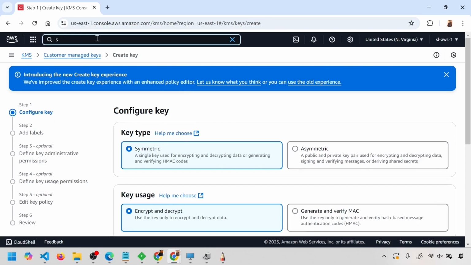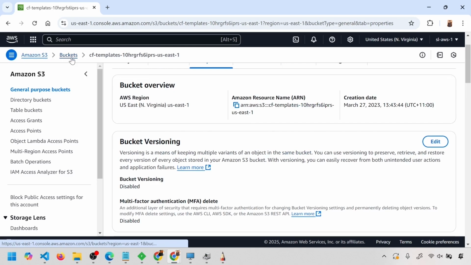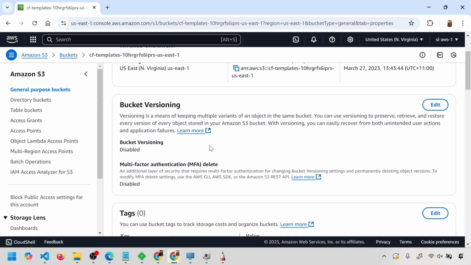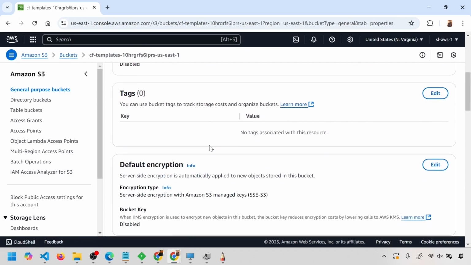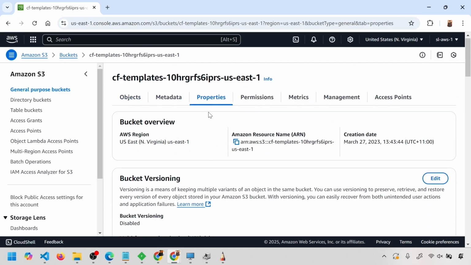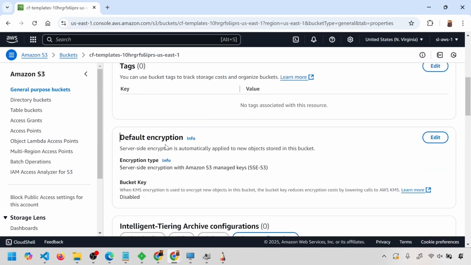Now, if you look at S3, you will see some encryption options. Amazon S3 buckets, just like any other storage, it's an object storage, not much different from our perspective. If you go to any bucket in the properties, you will see encryption. Encryption type: server-side encryption with S3 managed keys, which means that Amazon manages the key and the data is encrypted.